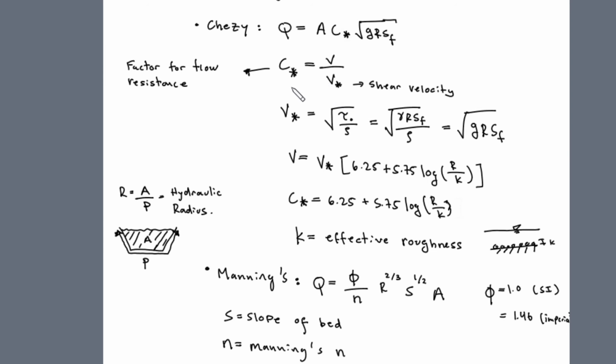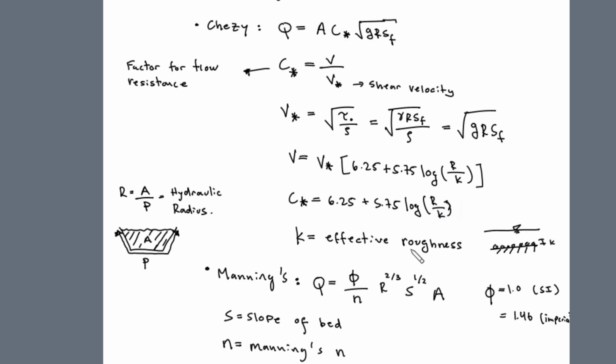And then C star is basically just your velocity divided by your shear velocity. Your shear velocity is defined by this, and then your velocity is defined by this. If you divide out V by V star, we'll cancel out this V star, which will leave you with C star equal to this equation here,